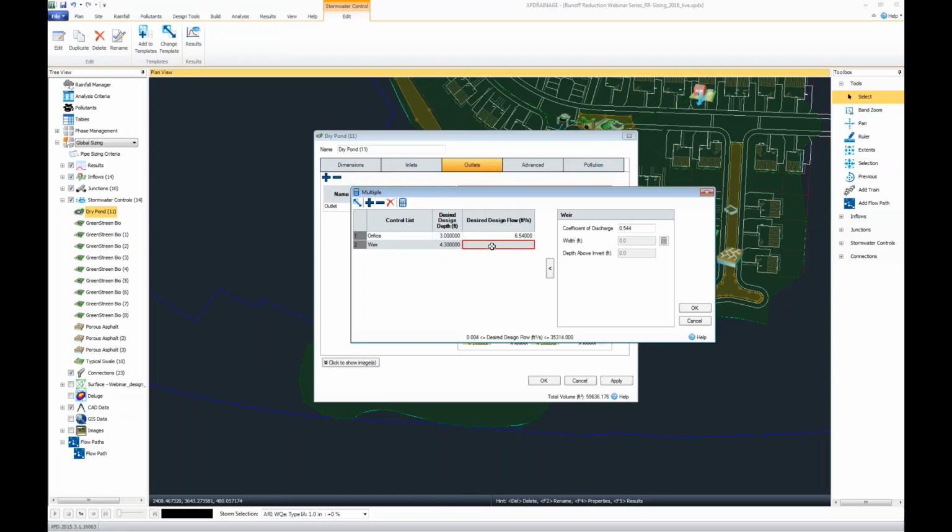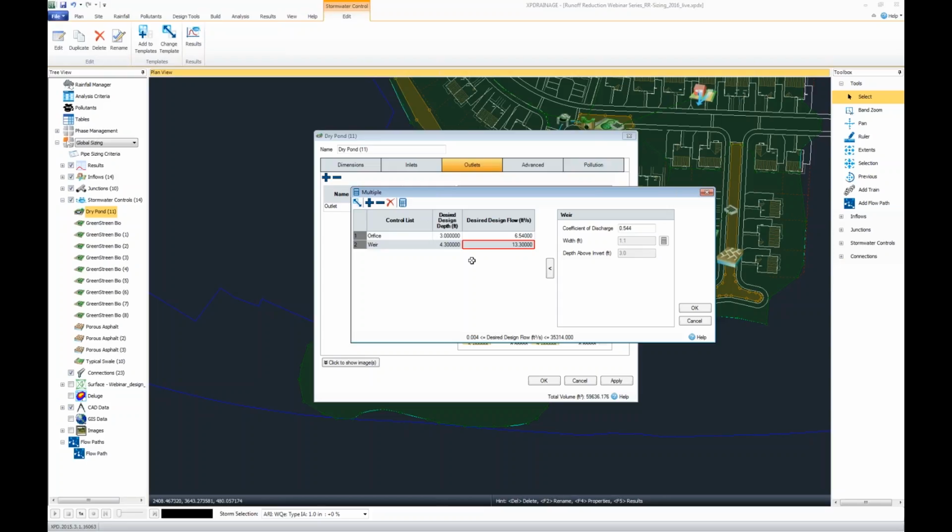So for that high flow weir, for that 100-year event, okay, maybe that's kind of up towards the top, towards the exceedance level of my facility, but I don't want to go into my freeboard zone. So let's just go 4.3 feet deep with 13.3 cubic feet per second. So I have some constraints based on perhaps my existing additions. Calculate that, and it's going to automatically give me the diameter of my orifice. Same with the width of my weir. Now I could change this to be standard sizes,